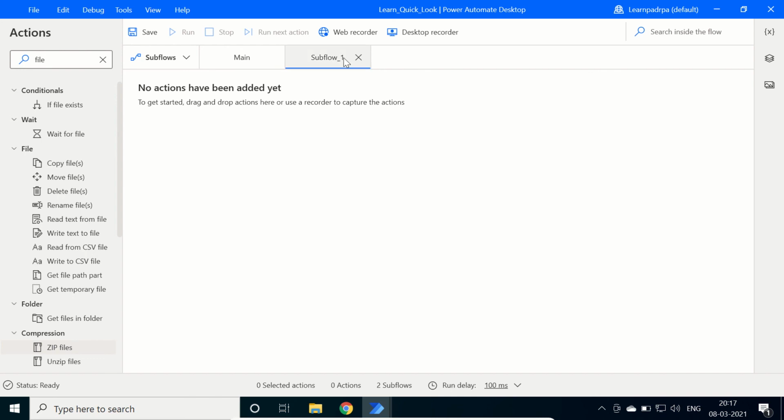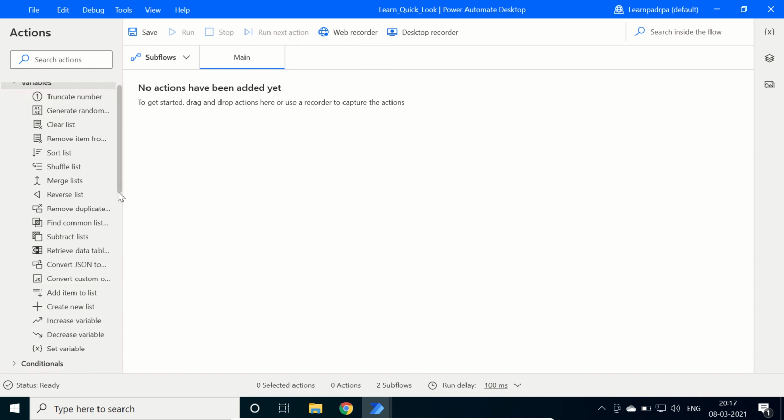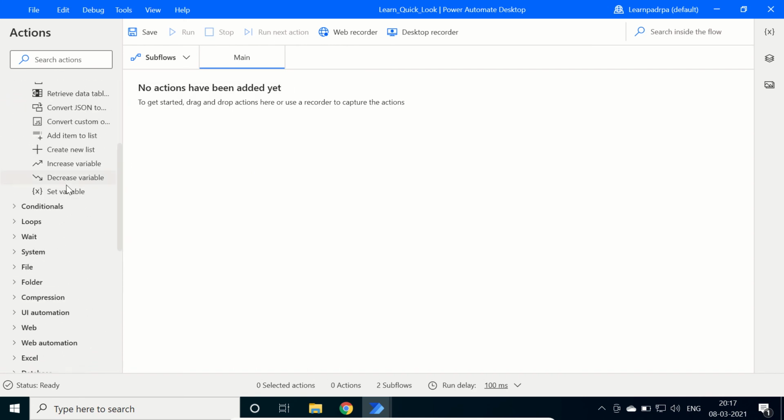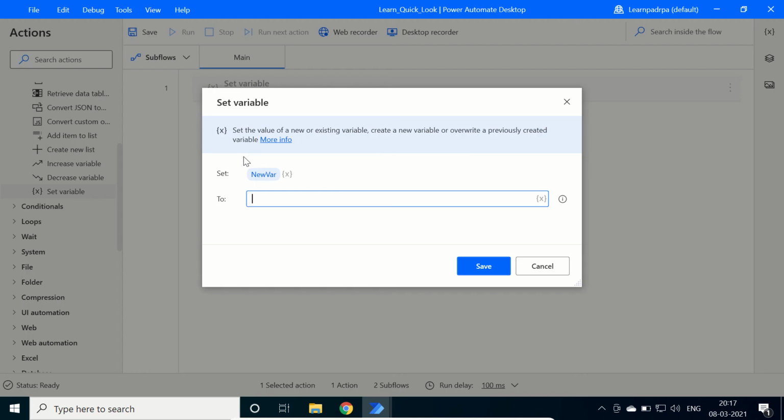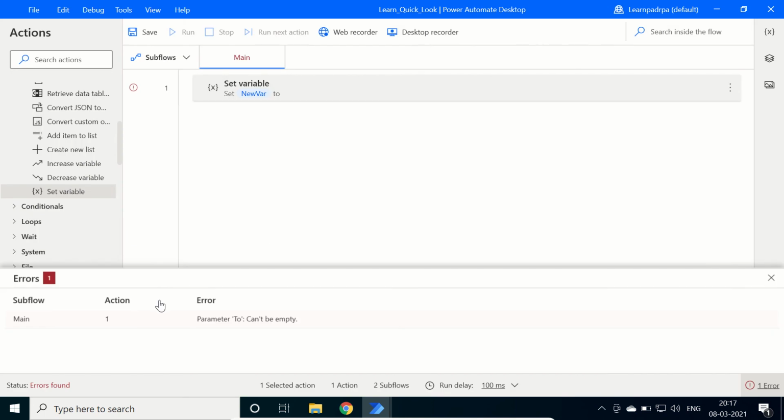Now let me close this subflow. In the main there is one more area. Let's take a set variable action. Here if we do not pass the required parameters and click on save, there is an errors pane. In this errors pane we have all the errors.